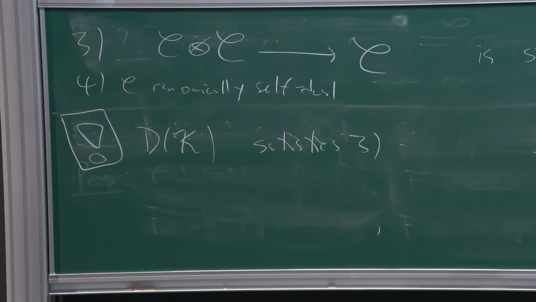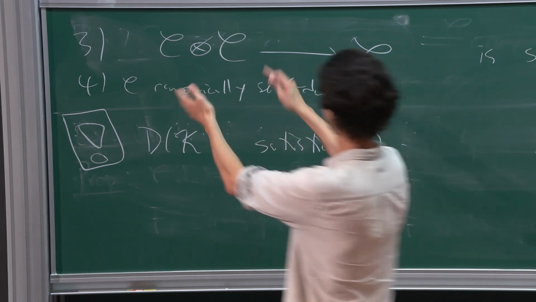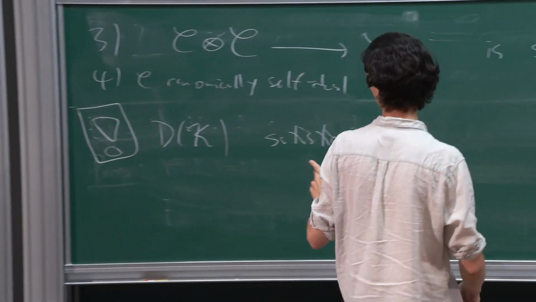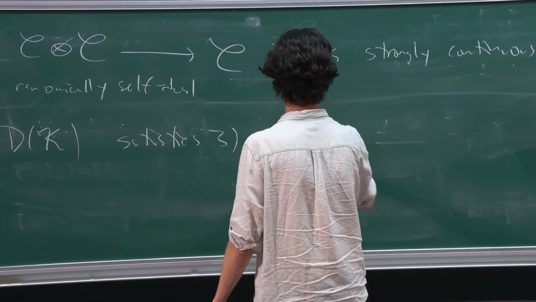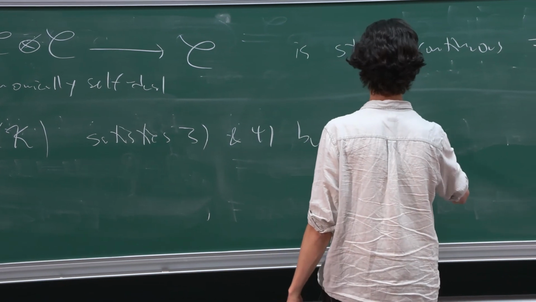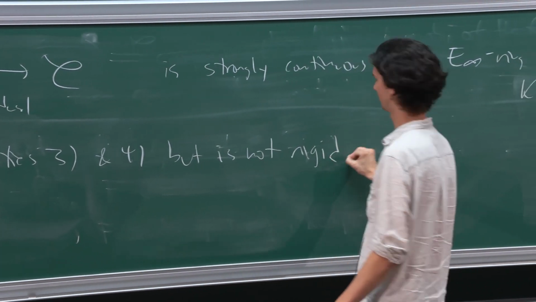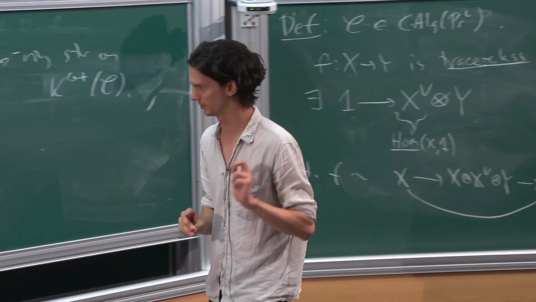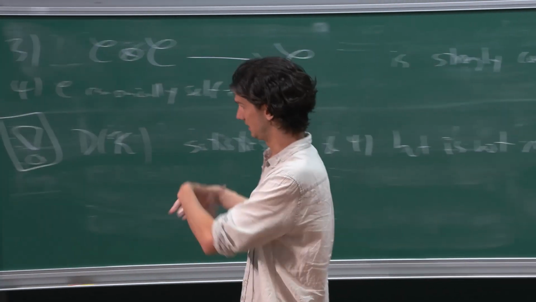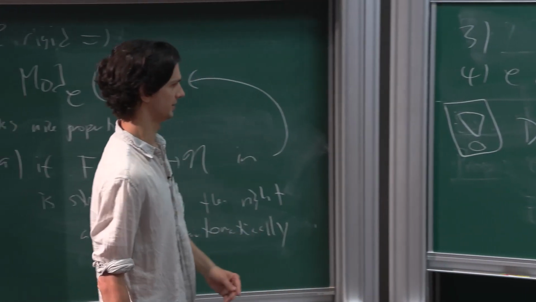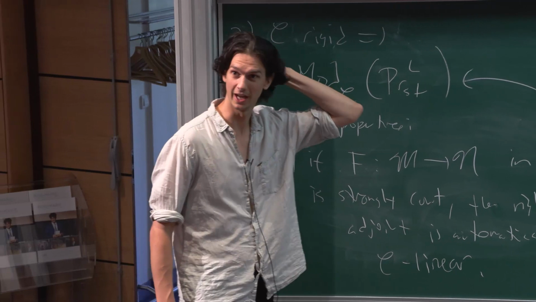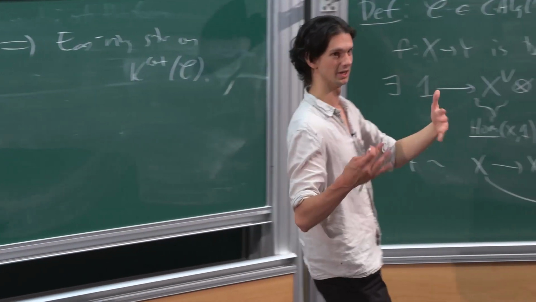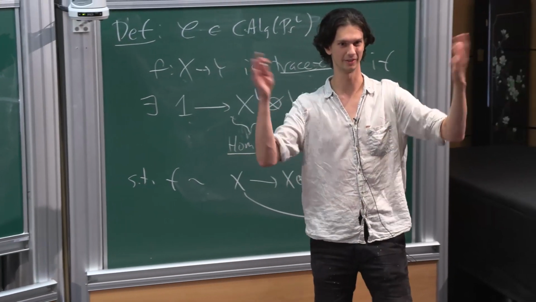So you can use the extra right adjoints you have to write down a canonical self-duality between C and C. I want to warn you that this satisfies three and four, but is not rigid. So this is one reason why I said yesterday that this is not the optimal category to be considering, or this ideal in bounded operators given by compact operators is not ideal. And the reason is you get a symmetric monoidal category, which is good enough for getting an E-infinity ring structure on your K-theory, but it's not good enough for working relative to. It's not a rigid category.